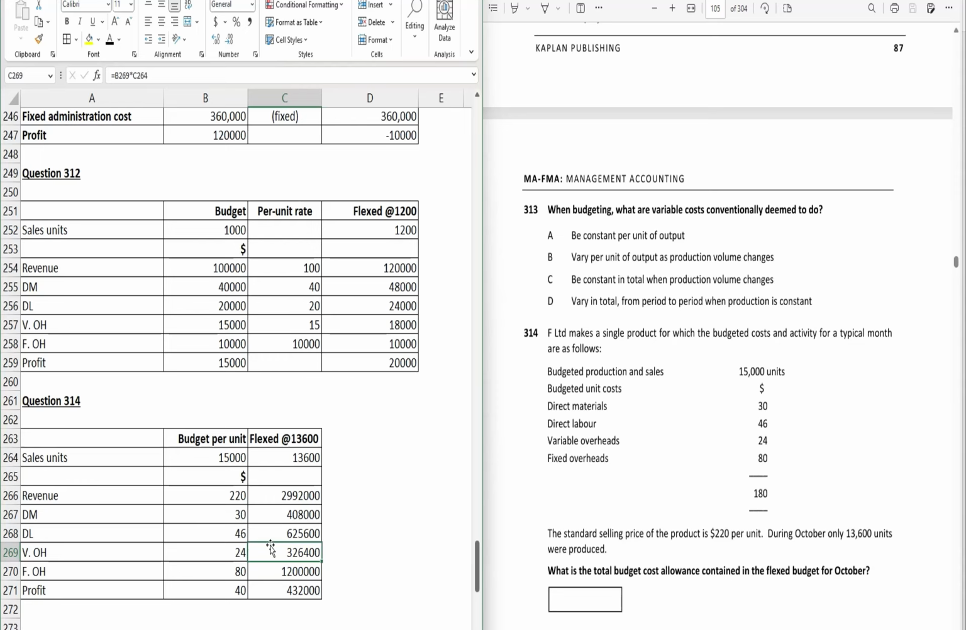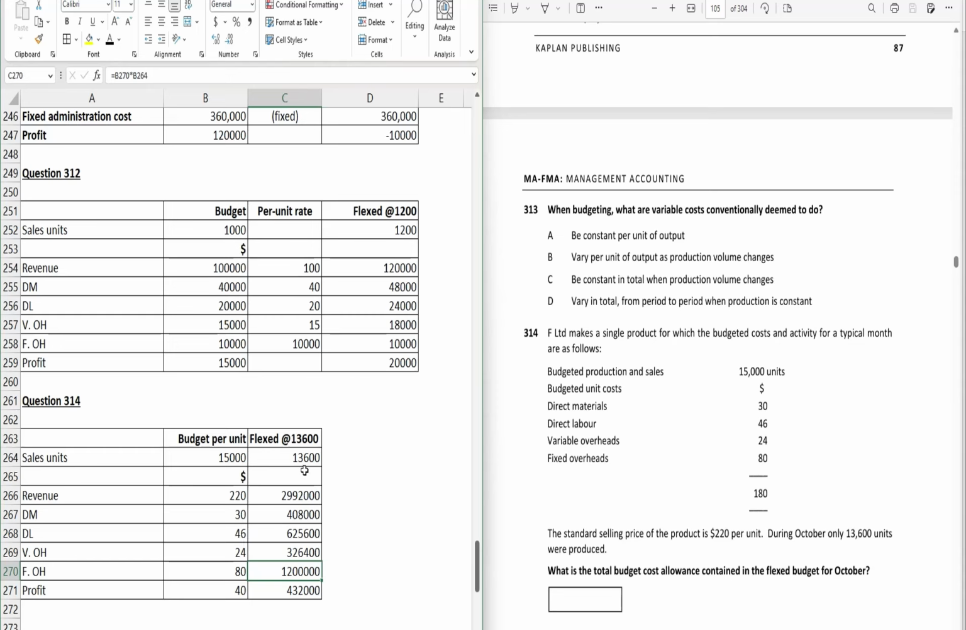Okay, but yeah, so for variable overhead, yes, we will do the same. We will multiply per unit into the actual level of activity. But for the fixed overhead, here we will not multiply 8 into